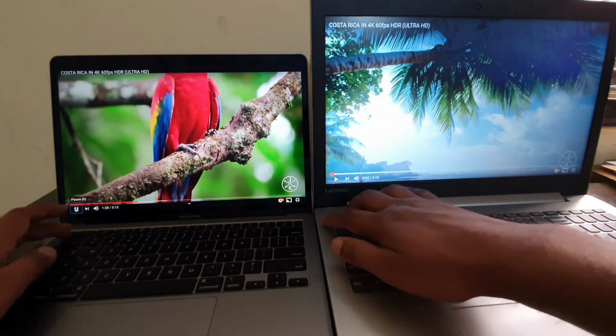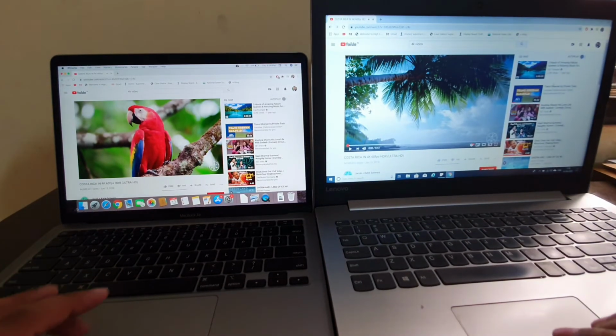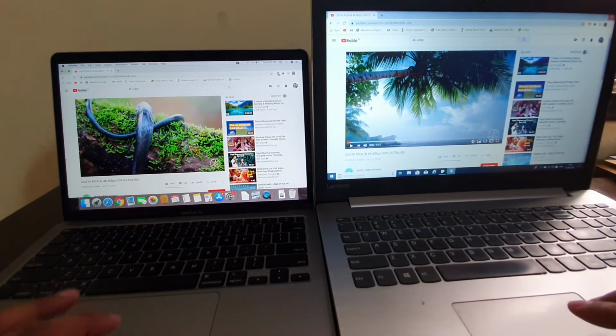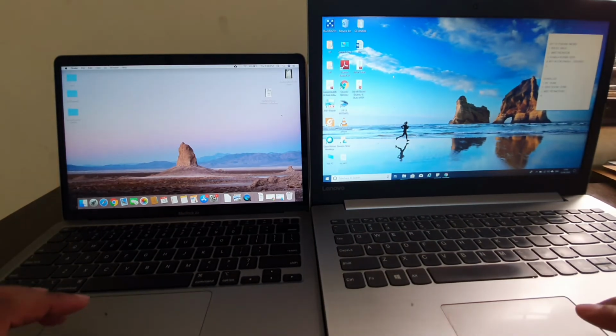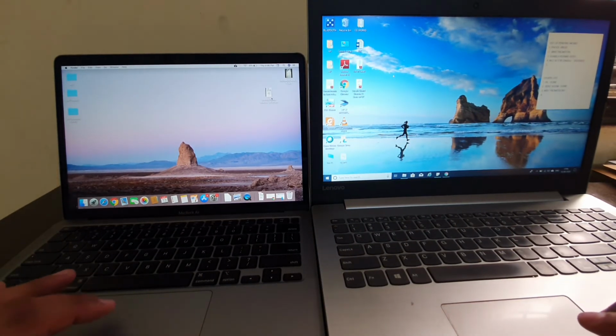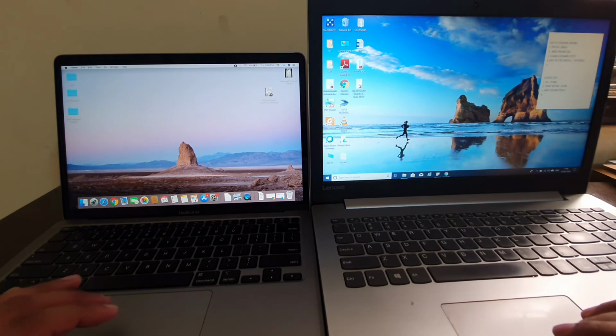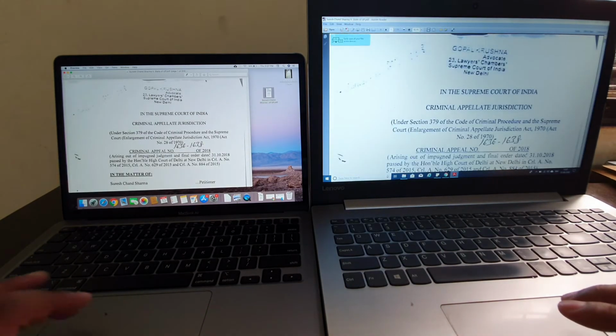Now we will see some more basic functions which can be compared. I will do the basic work of opening two PDF files on both the computers. Both are the same PDF.